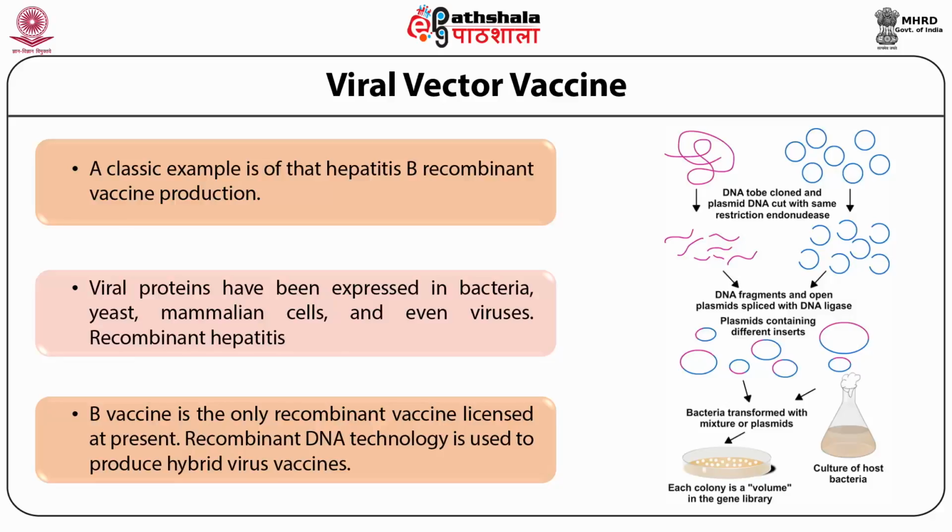Here we see that the DNA cloned and the plasmid DNA is cut with the same restriction endonucleases. Then these fragments are mixed, spliced and ligated. The plasmids containing the different inserts are then mixed with the bacterial culture and transformed. Each colony of the bacteria is then grown for the specific gene library, and the culture of the host bacteria now have the desired bacterial protein to be inserted